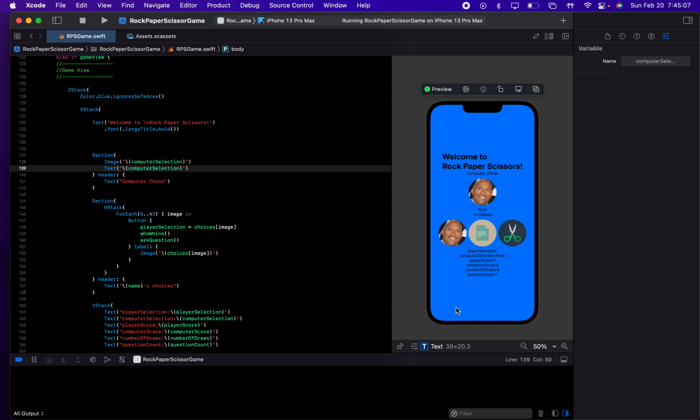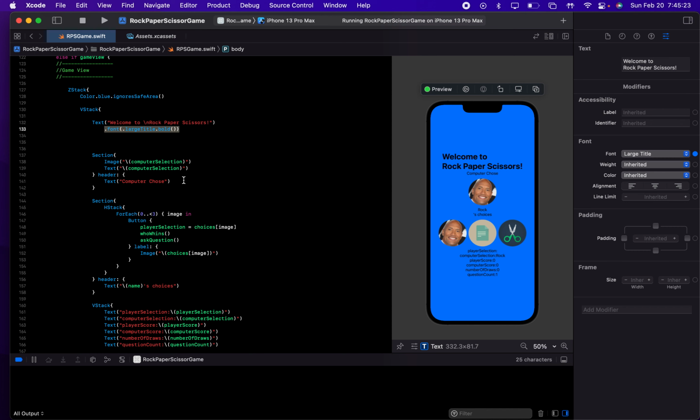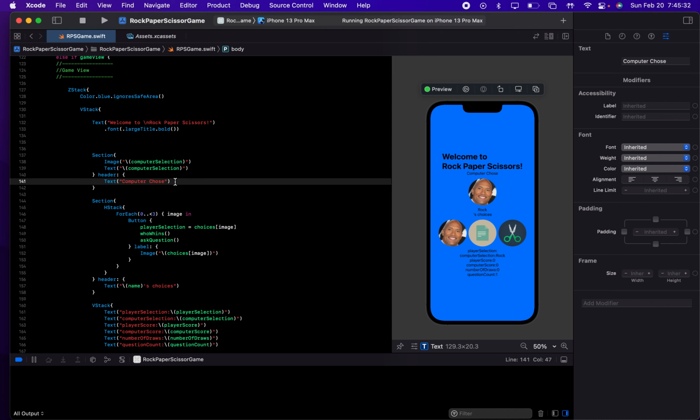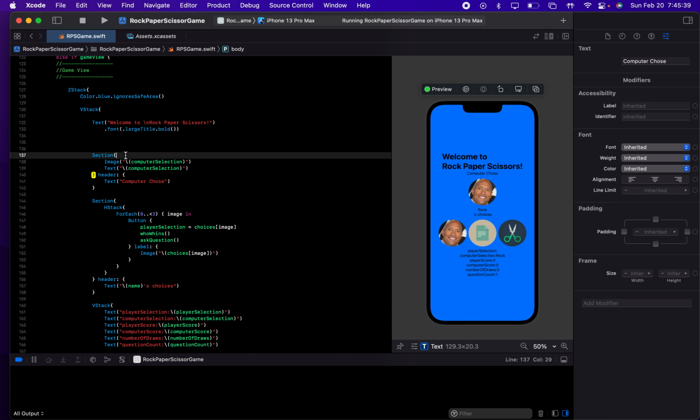Just like before, I think we're done with the UI elements. We just need to make it look pretty. So for our top, we do have a font title. For our section here, we're going to add a background style that I chose before. It's a nice big opaque box. We're going to add it to this VStack